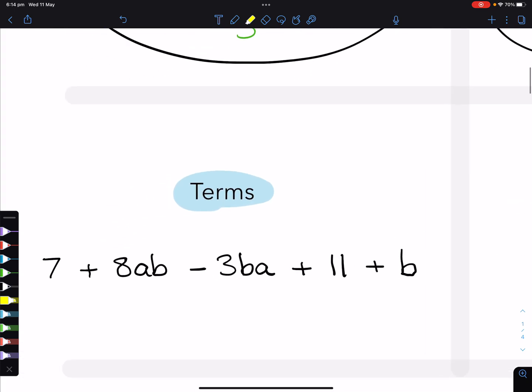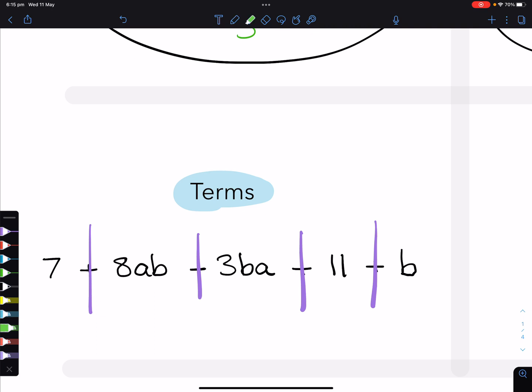Another important word to understand is terms in an algebraic equation. I'm just going to say expression or equation for short. It's just easier. So whether you're looking at an equation or an expression, can you identify the terms that make up the building blocks? Think of them like words in a sentence, okay? In algebra, we have these breakup points. Whenever there's a plus or a minus sign, it breaks up the